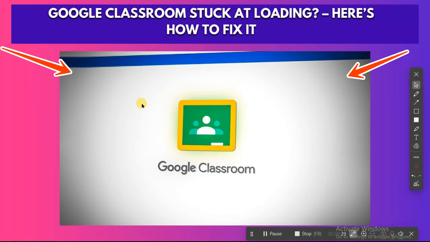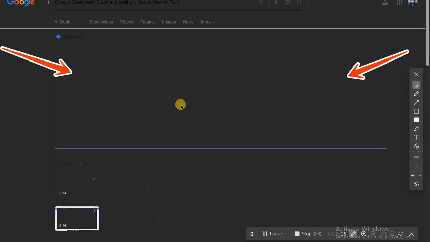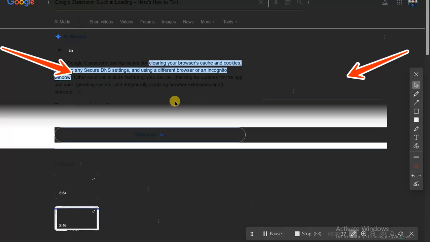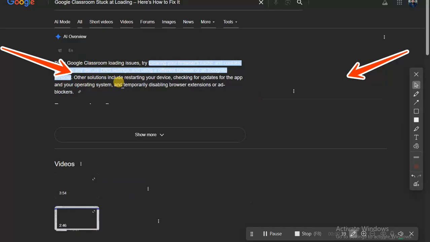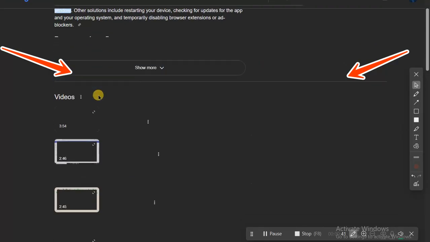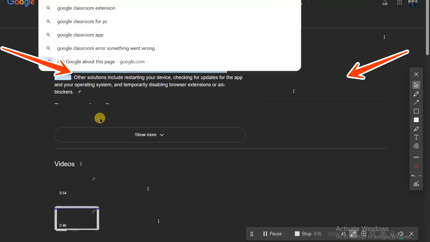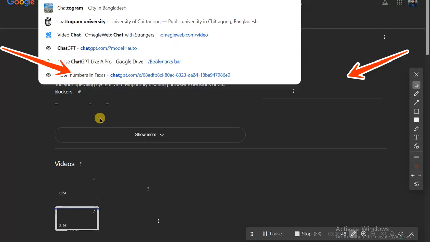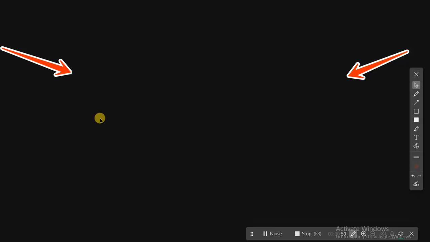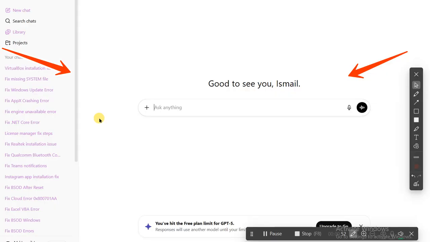First, refresh the page, sign out of your Google account, and sign back in. If it's still stuck, clear your browser cache and cookies so Classroom reloads fresh data. Next, disable extensions like blockers, VPNs, or script filters because they often freeze the loading screen. If nothing changes, open Classroom in an incognito window or switch to another browser to see if your main browser